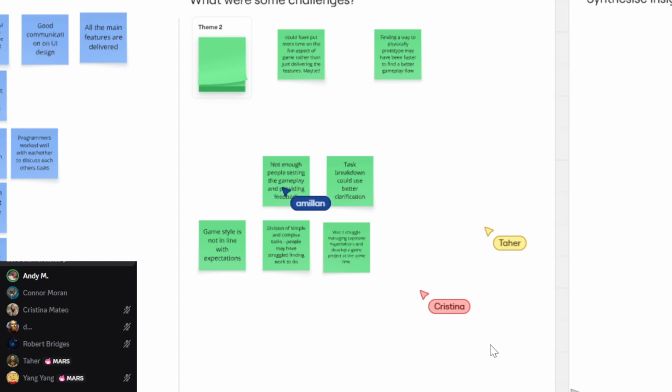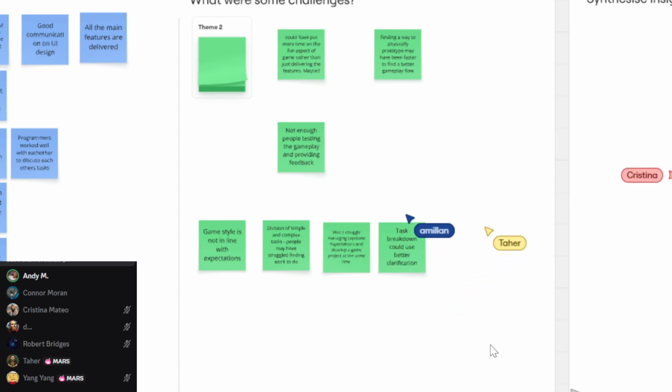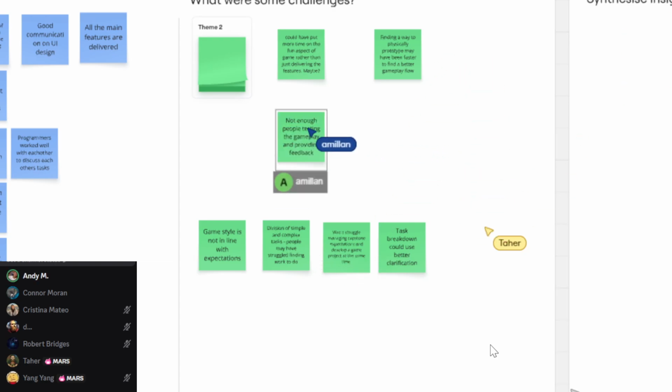Moving on. Not enough people testing the gameplay and providing feedback. 100% yes. This is a good challenge that we did experience. We noticed it right when Tahir was showing off the gameplay to the instructor. There were things that came up, like the submarine that was already killed was still getting attacked, and it stopped him from getting killed. So it prolonged